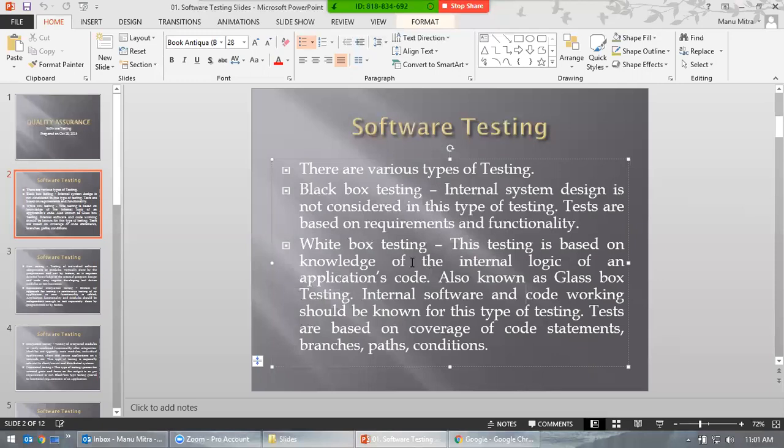Okay, so can we say that front-end testing comes under black box testing? I would not say that, but at a generic level, yeah, you can say that. But it's not really right to put front-end testing under black box testing, because front-end has more features than black box.